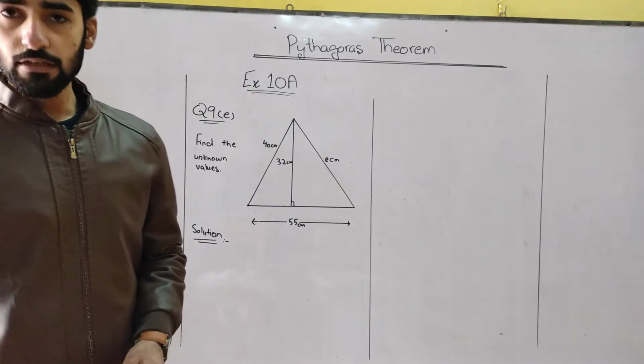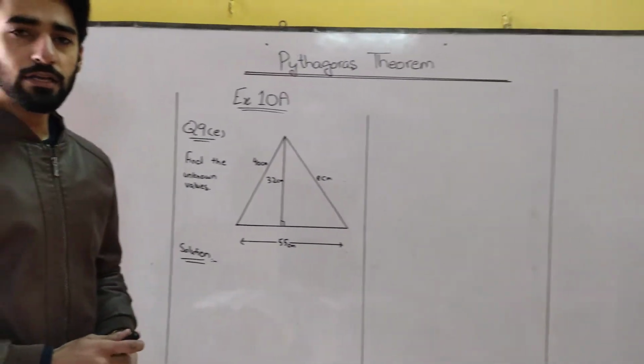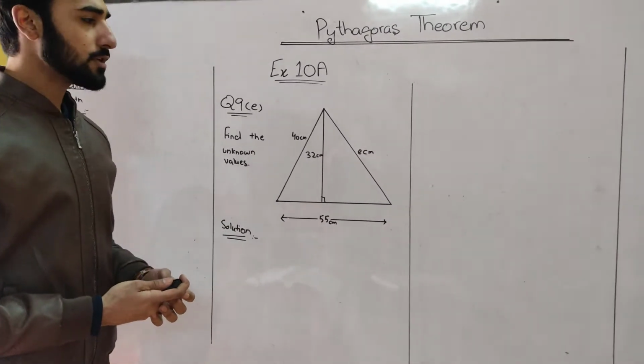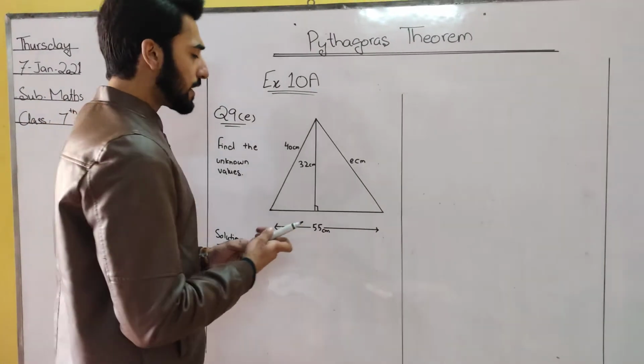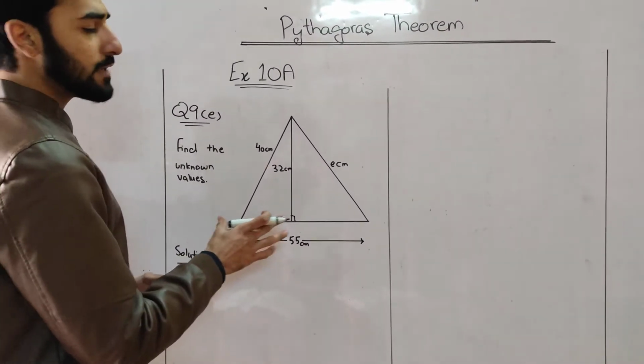Students, this is a maths lecture. In today's lecture, we are going to discuss question number 9 part E. It's also a triangle question, like the ones we discussed in our previous lectures. There are two right angle triangles, and we can see that the names are given here.